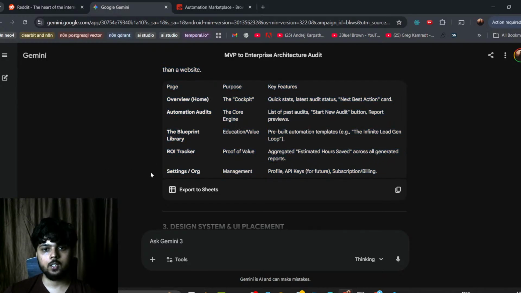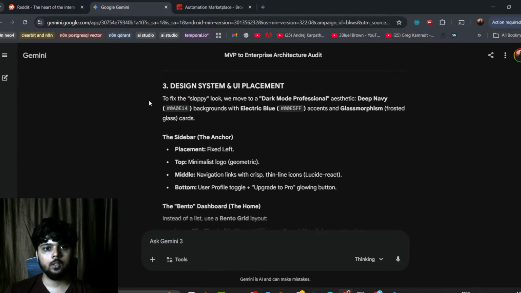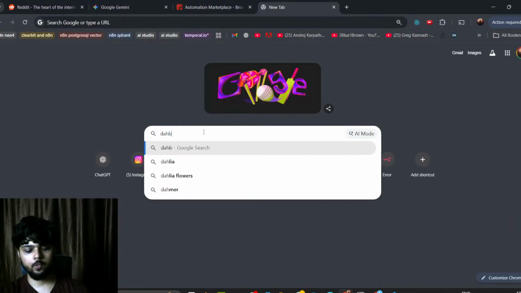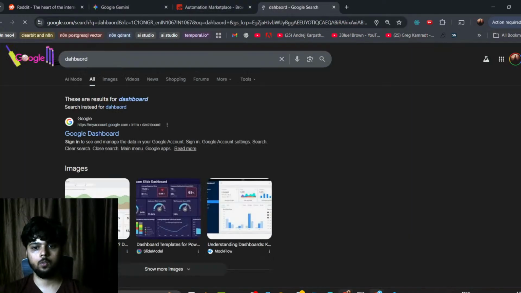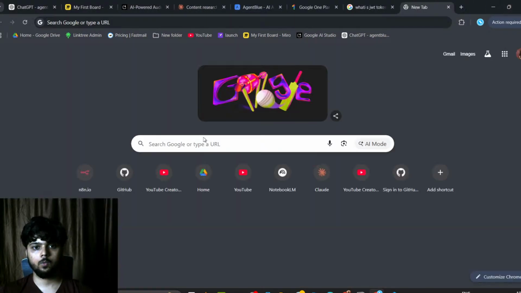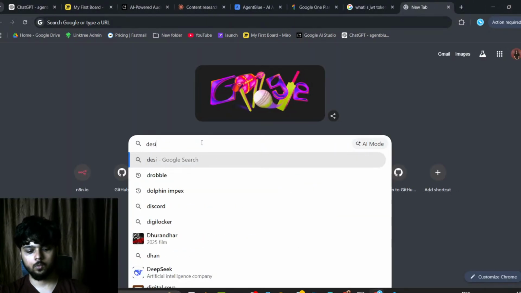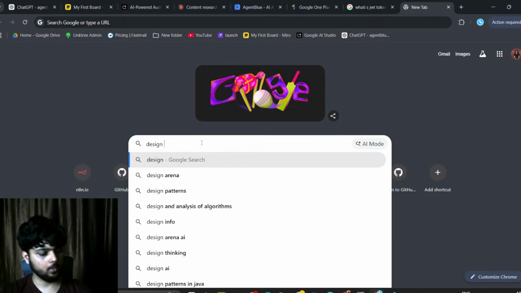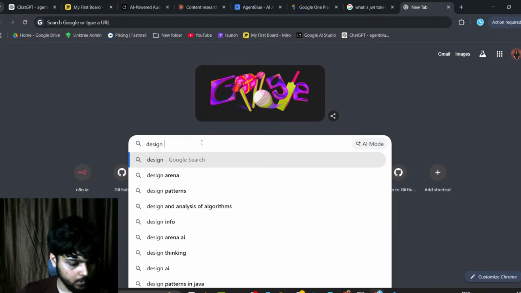have settings, of course. Then we have the design system. Fix this topic, we need to talk more professional setting. Deep Navy. No, we don't need Deep Navy. No, the sidebar placement fixed. Can we think of dashboard design? Let's use